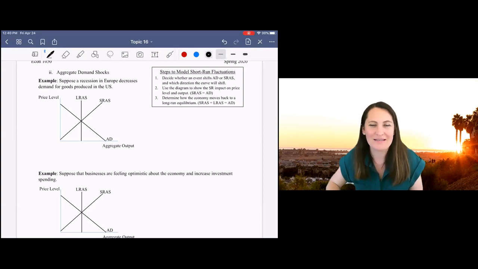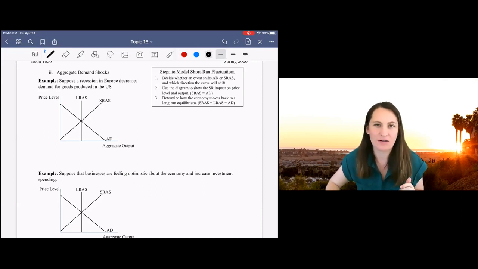We're finally ready to start modeling short-run business cycle fluctuations. Now, some people get confused because there are three lines here, right? And they all cross in kind of funny ways, so sometimes it's hard to figure out what's going on. I've tried to type out the steps for solving these problems so you can more easily know how to work